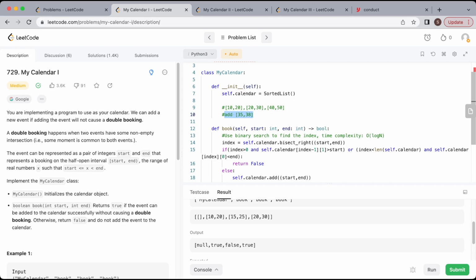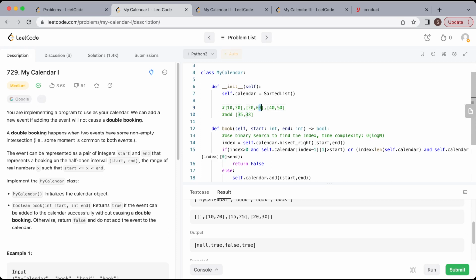adjacent events. So here we need to consider whether the start time of the new event will have overlap with the previous event. So here we can say the index is the new event, and the index -1 here will indicate the previous event before the new event. So here is this event 20, 30, and then the one here indicates the end time, which will be 30 here of the previous event. So we need to compare 30